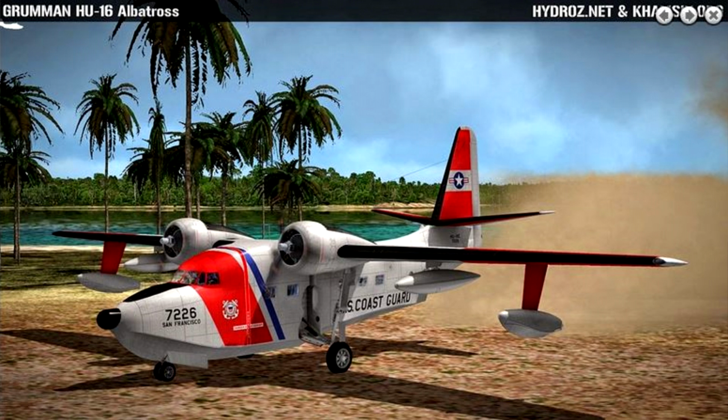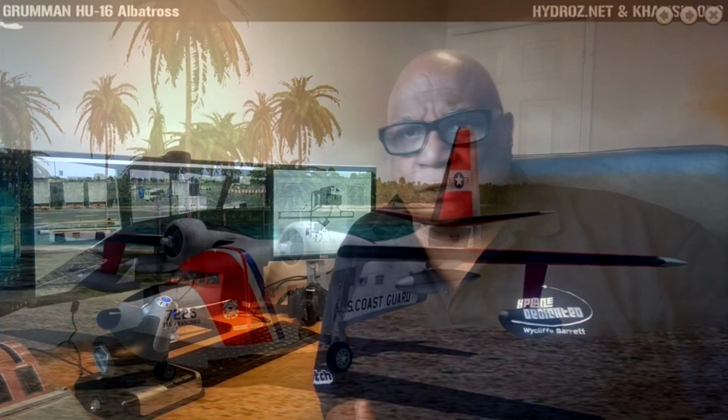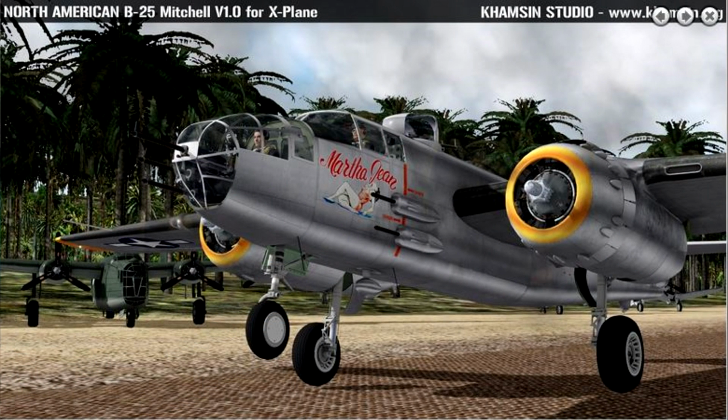Khamsin Studios have got a huge discount sale on at the moment, and Khamsin Studios on Xplane.org create some incredible aircraft. They're really highly detailed. And just to mention a couple of them, there's the Grumman HU-16 Albatross, which is a float plane, but it's absolutely beautifully put together. The external modelling is superb. Interior modelling is brilliant. Along the same lines, of course, is the North American B-25 Mitchell, which is a World